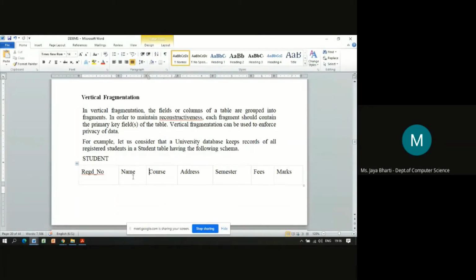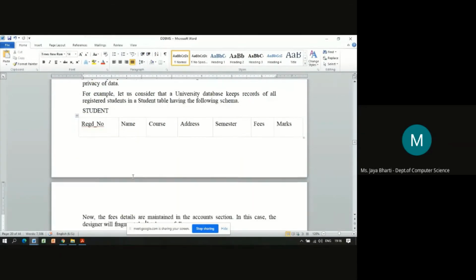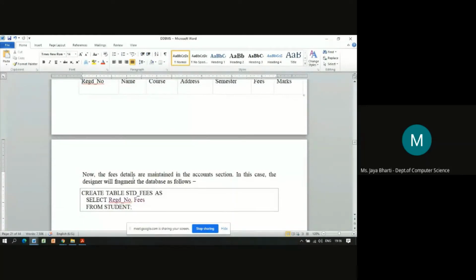Now let's say we want to divide this schema vertically. They want to separate out the fee details and put them under a different fragment, because the fees value is mainly used by the accounts section. So they just want to cut out the fees part and put it under a different fragment.